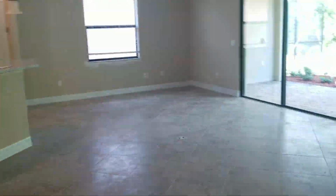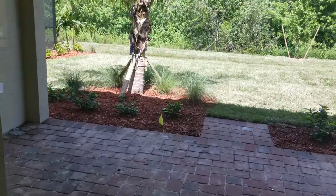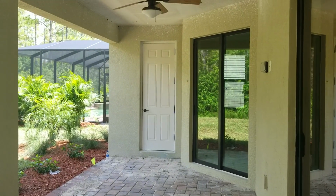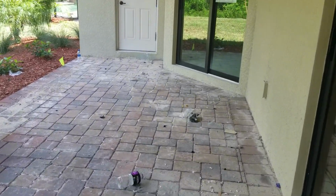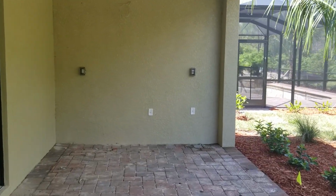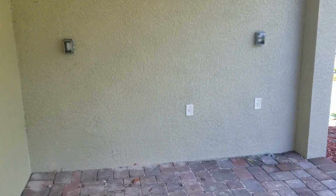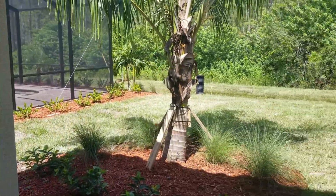And in this particular home, one of the great features is outside here in your lanai space. This is one of the only floor plans that Lennar offers that actually has a true pool bath for the executive line here. So you have a pool bath here, pavers in the back. Your setup over here on this wall, you've got some electric. You can build an outdoor kitchen in here. A lot of folks will put a grill, a vented hood, or just make an entertainment area. Then you have a really nice preserve